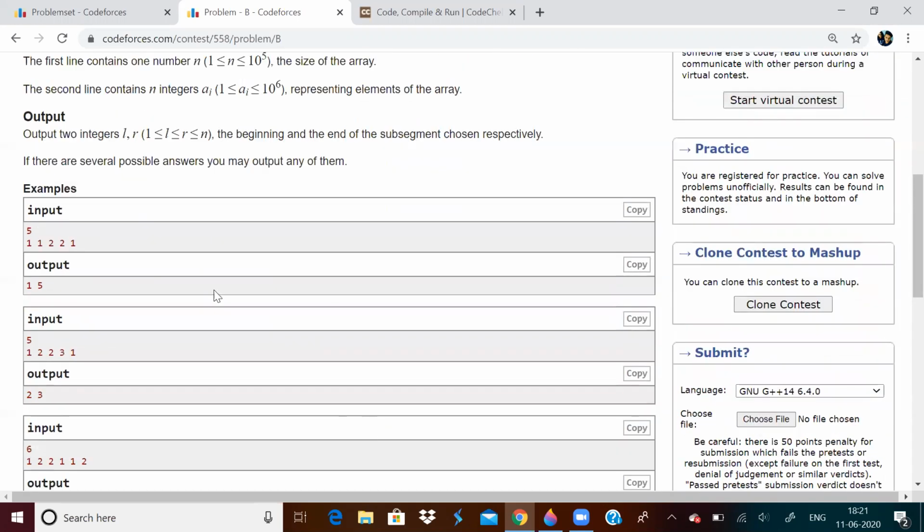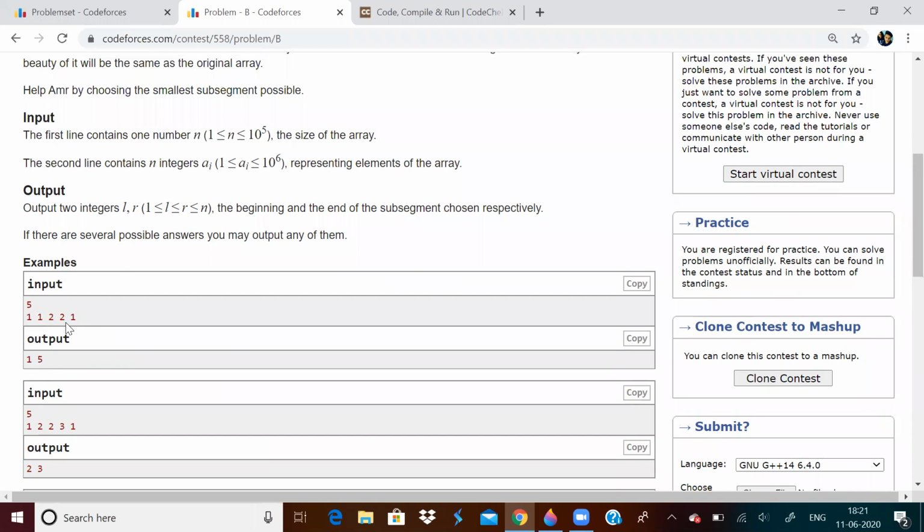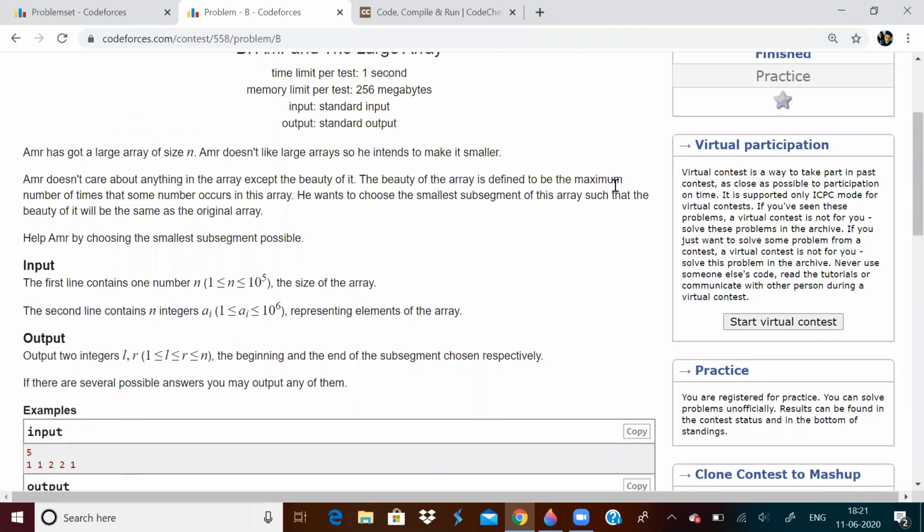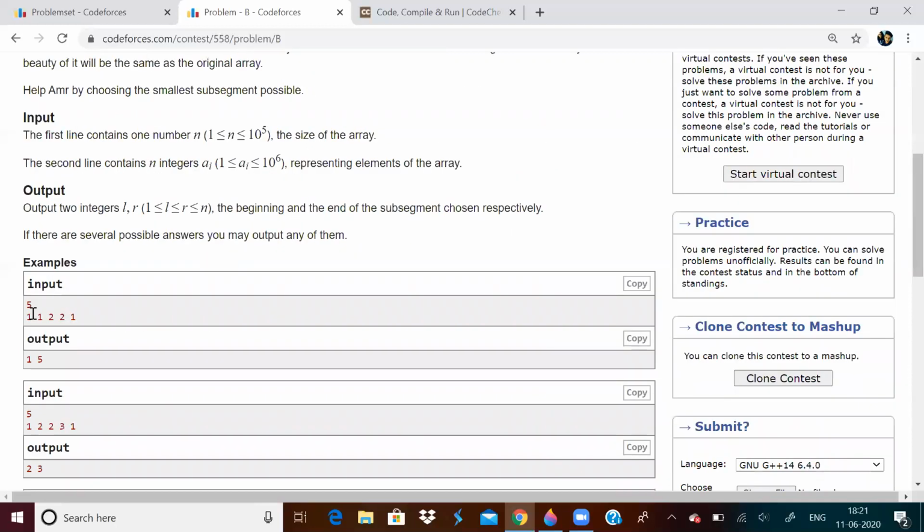So what are we actually wanting to find out? For example, let us consider this array 1 1 2 2 1. What is the beauty of this array? Beauty of the array is the maximum number of times some element occurs. 1 occurs 3 times and that is the maximum. So beauty of the array is 3.